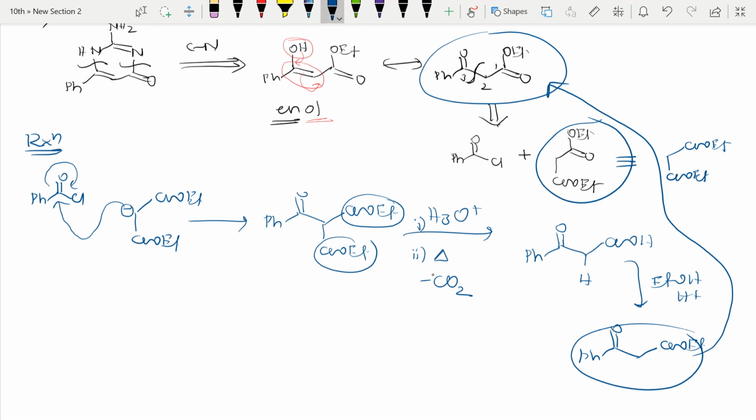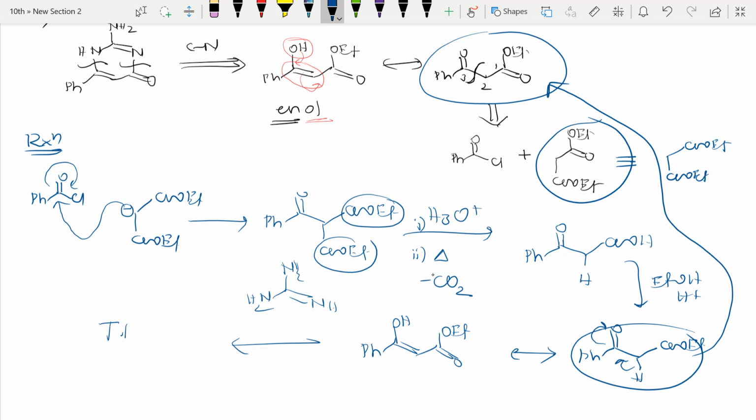It's true. Further, I can write this tautomerism form. This hydrogen can tautomerize like this, so O negative, that hydrogen here, double bond I'll get. So this tautomerism form, Ph C-OH double bond here, COOEt. To this, if I add the same thing here like this, NH, NH2, NH and NH2, it will react and I'll get the target molecule back.